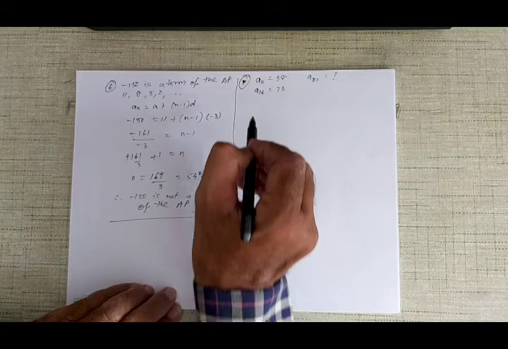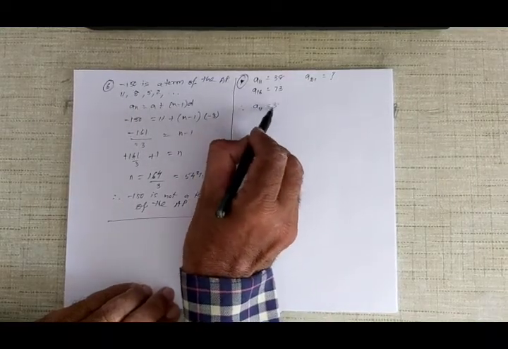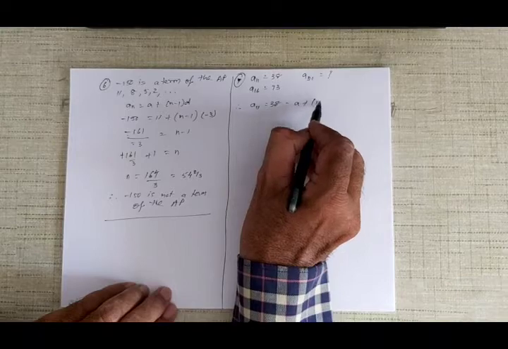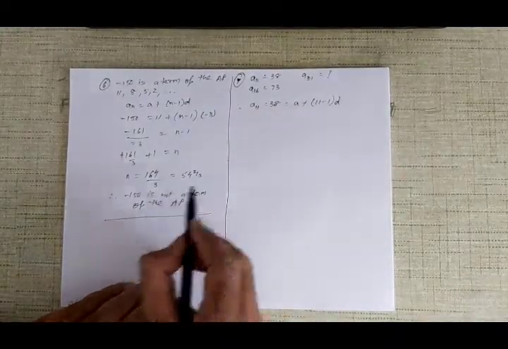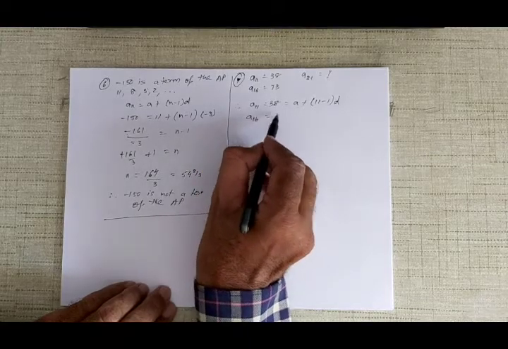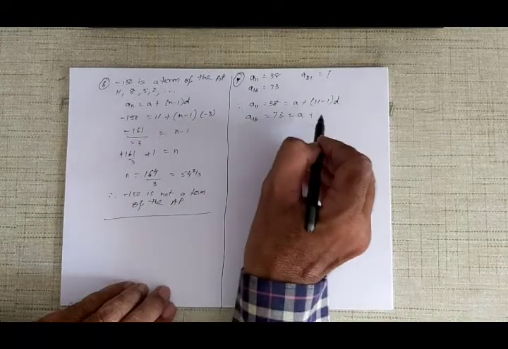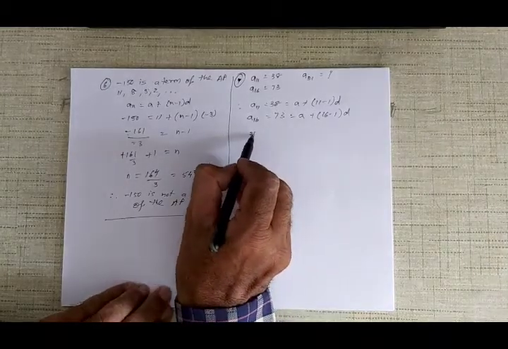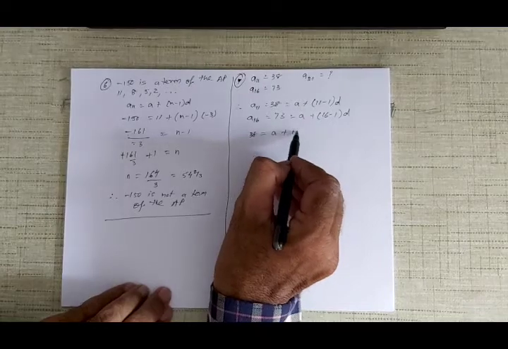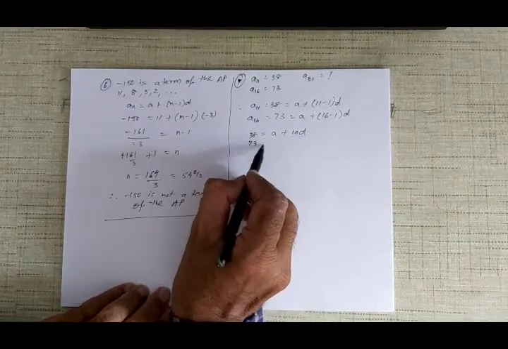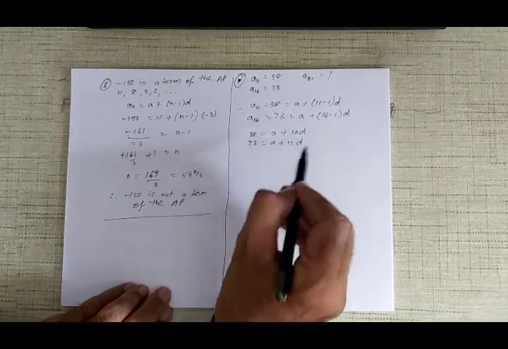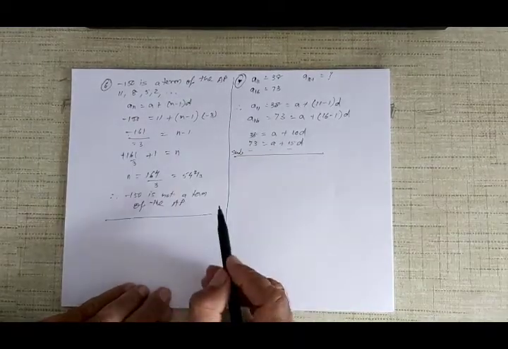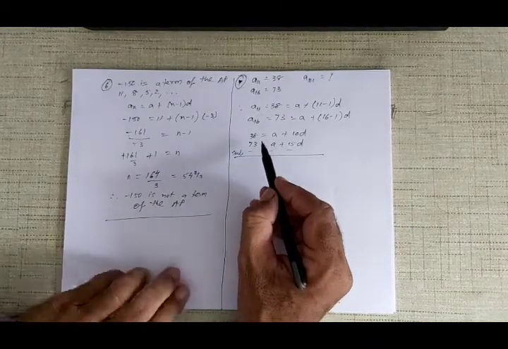So we are given A of 11. Therefore see, A of 11 is equal to 38, is equal to A plus the value of n is 11, 11 - 1 into D, we don't know. Similarly A of 16 is given as 73, is equal to A plus 16, so the value of n is 16, and D we don't know. Alright, so I get two equations. 38 is equal to A plus 11 - 1 is 10D, and here I get 73 is equal to A plus 16 - 1 is 15D. Now I subtract this, minus minus minus, A will cancel. 38 - 73, okay, so 38 - 73 is 20.